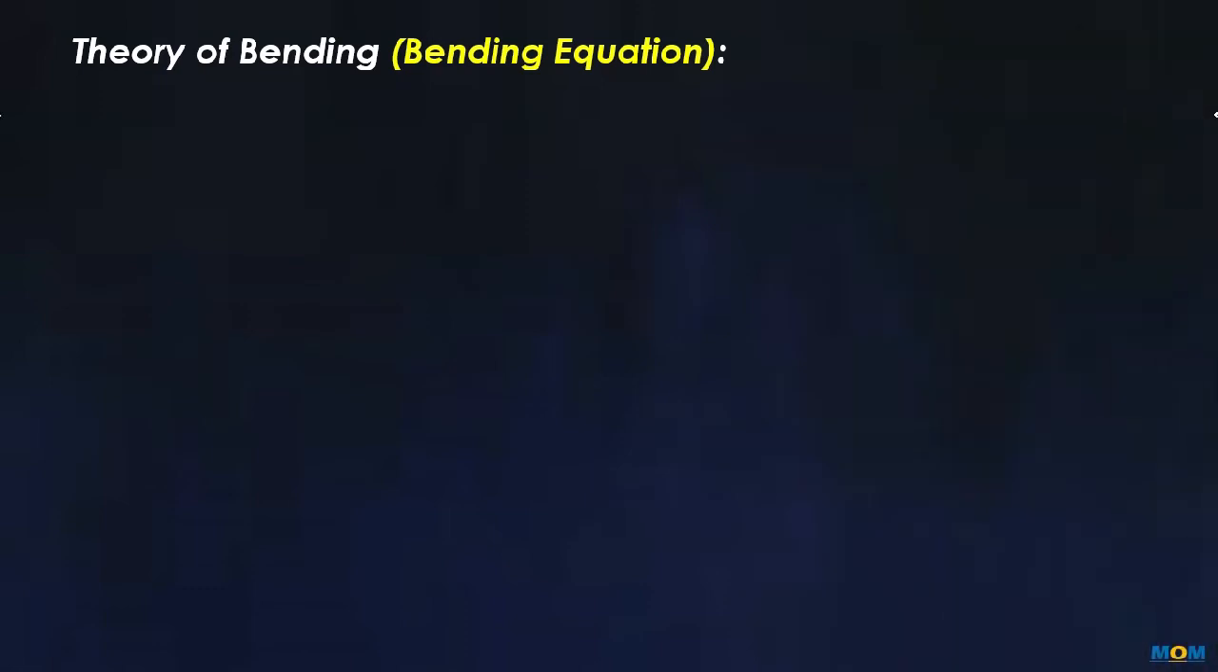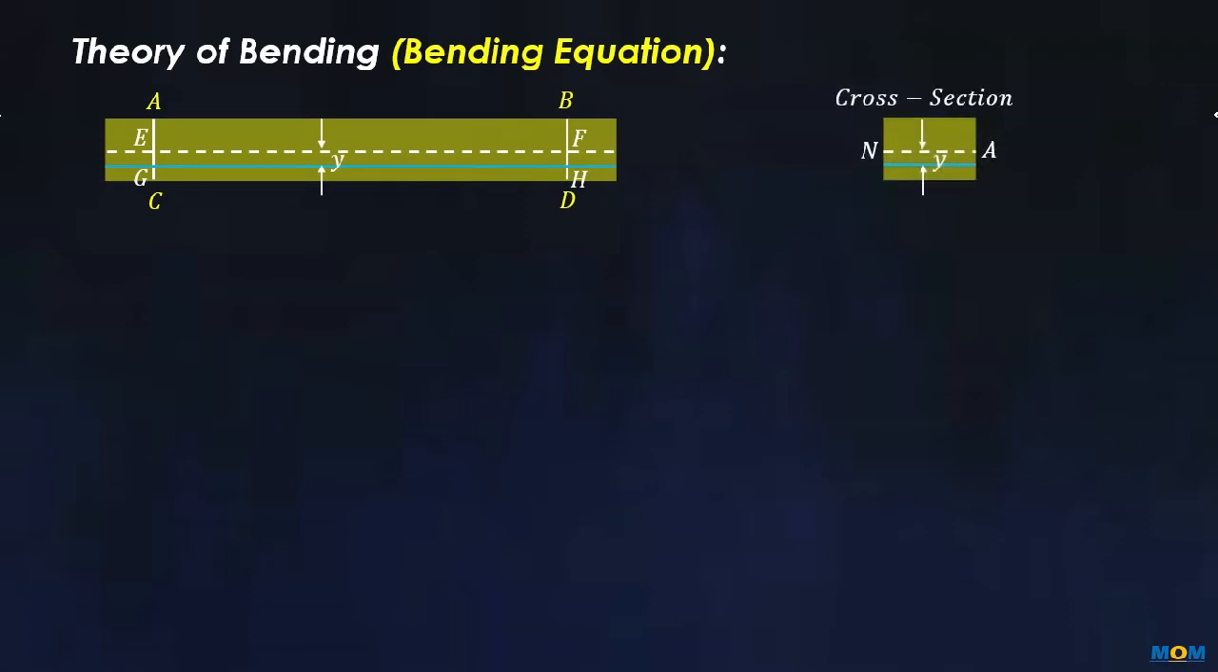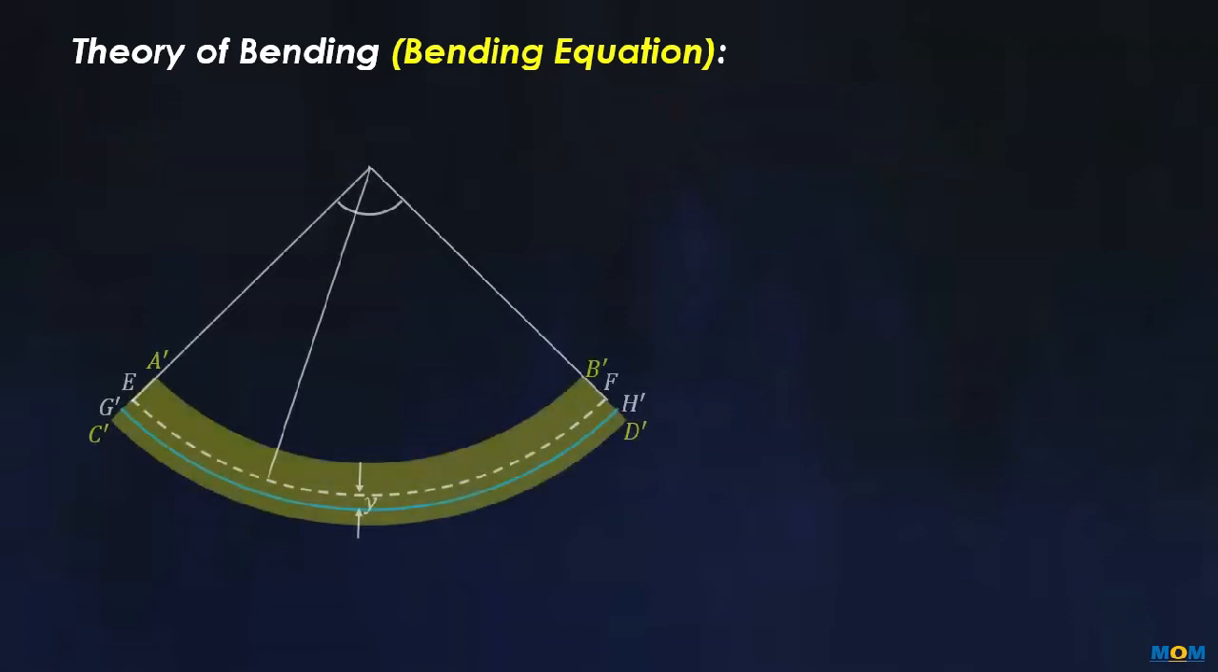Now to derive the bending equation, consider a rectangular cross-section beam marked with A, B, C and D points on the edges. Line EF shows the neutral plane. Also mark a plane GH at distance y from the neutral plane. Neutral axis is shown in the cross-section view. Upon application of the moments, the bending is produced, where O is the center of curvature, theta is the angle